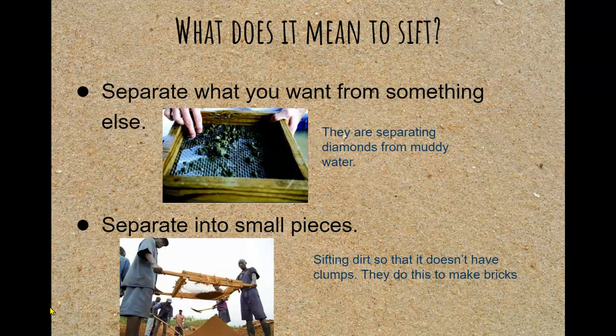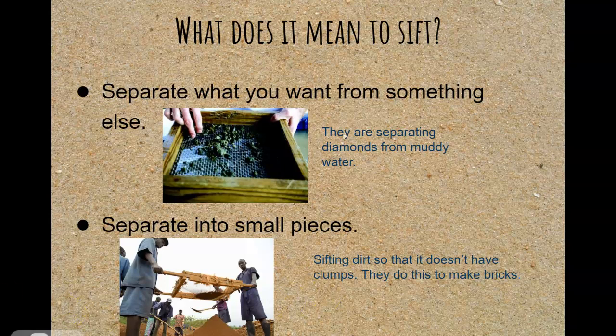First, let's make sure that we know what the verb sift means. One meaning is to separate what you want from something else. So in this image, we can see that the people are separating diamonds from muddy water using this screen. It can also mean to separate into small pieces. In this image, the workers are sifting dirt so that it doesn't have clumps, and they're doing this so that